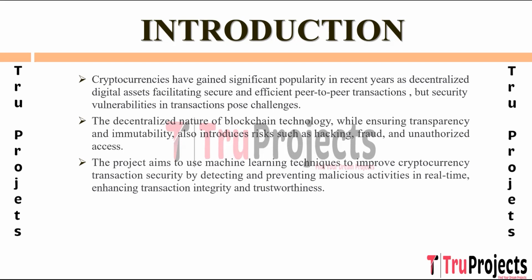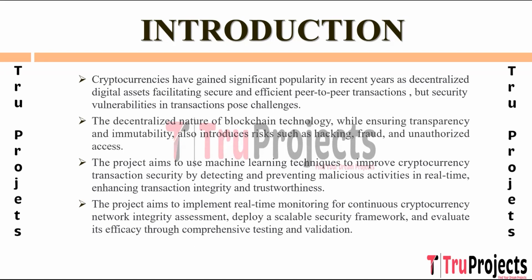The project aims to use advanced machine learning techniques to make cryptocurrency transactions more secure. By quickly identifying and stopping malicious activities as they occur, it seeks to enhance the reliability and trustworthiness of these transactions. To achieve this goal, the project plans to set up a system for monitoring cryptocurrency networks in real time. It will also develop a flexible security framework that can adapt to changing threats. Through thorough testing and validation, the project aims to ensure that these measures effectively enhance transaction security and protect against